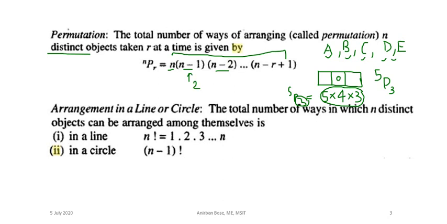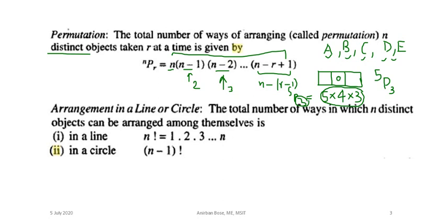Okay, this is the second term. In the second term, what is there? n minus 1, so 1 less than 2. This is the third term. In the third term, n minus what? 3 minus 1, so 2. So this is the rth term. So what is there? n minus (r minus 1). Okay, so if you expand this, n minus r plus 1. So this is nothing but nPr.